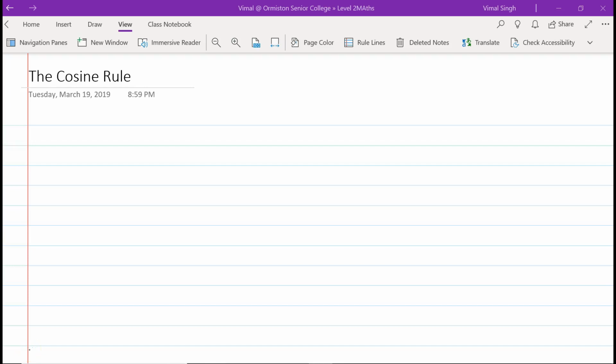Okay, I have talked to you about the sine rule, and now I'm going to talk to you about the cosine rule. The cosine rule is used to calculate the length of the third side when the two sides and the angle are given. So in other words, if I can actually,